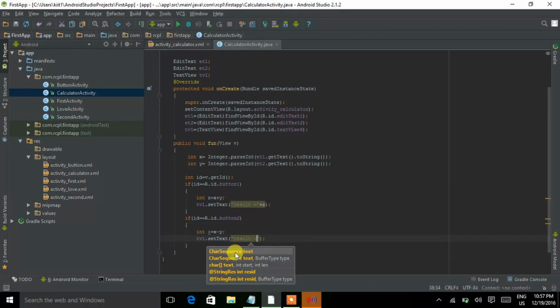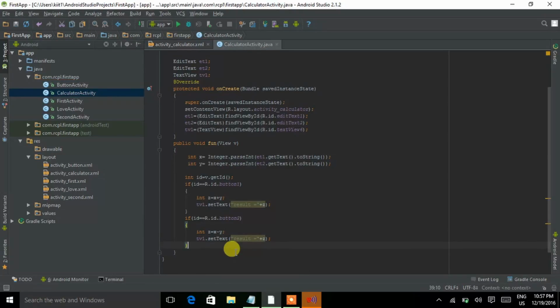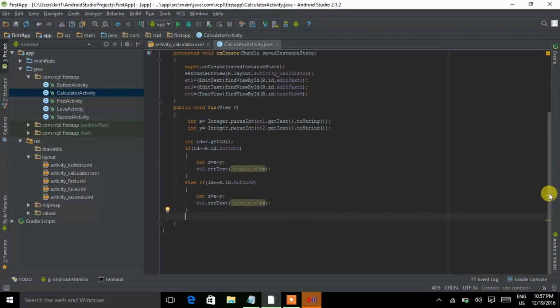Result equal to plus z. Okay, here I have to take an else if, right? Now give another condition, else if id double equal to R dot id dot button 3,